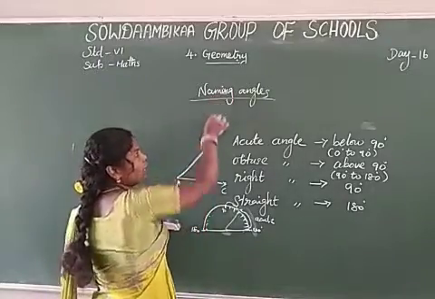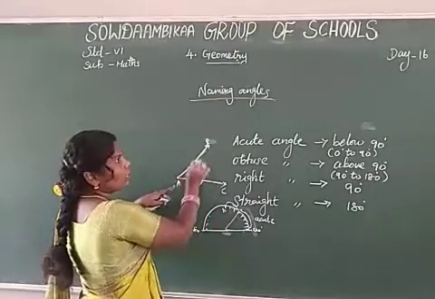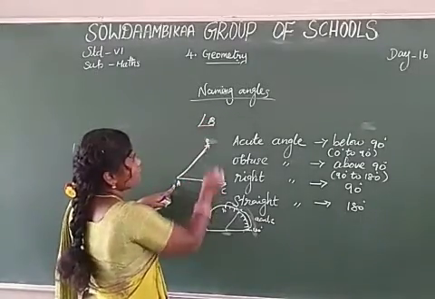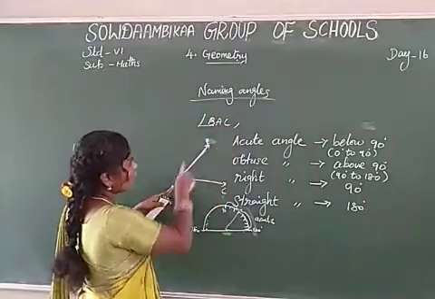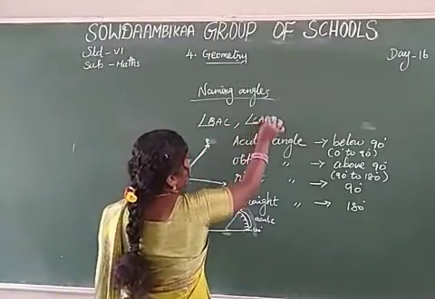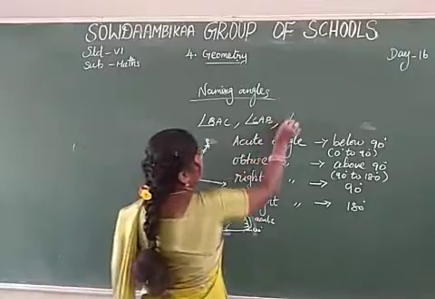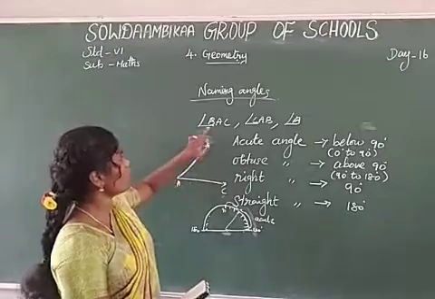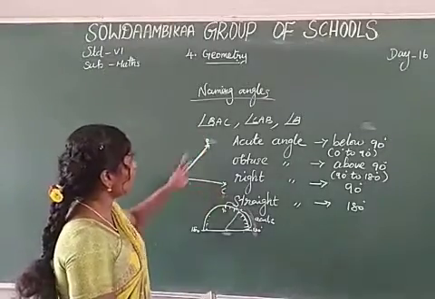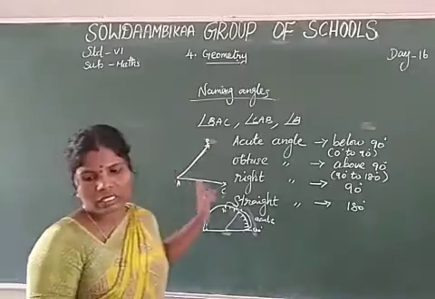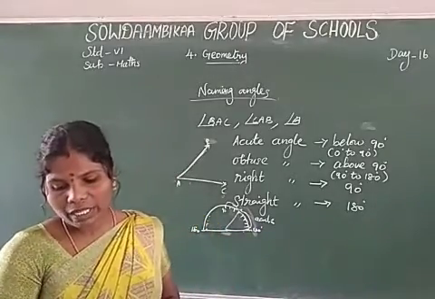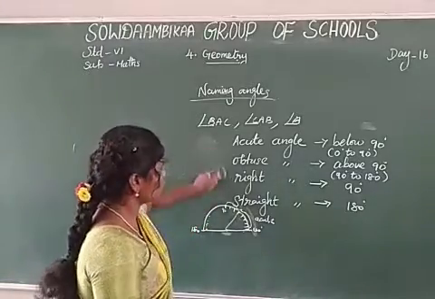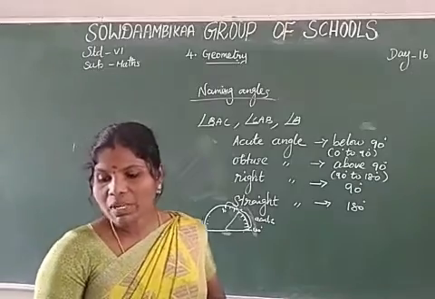And what is naming angles? Naming an angle means A, B, C; B, A, C; next C, A, B. Then I write only A, angle A. This is angle A. How to write it? The possible ways are BAC or CAB or A only. Okay, this is naming angles. Take page number 88, which gives one clear picture and a statement also. So read this.